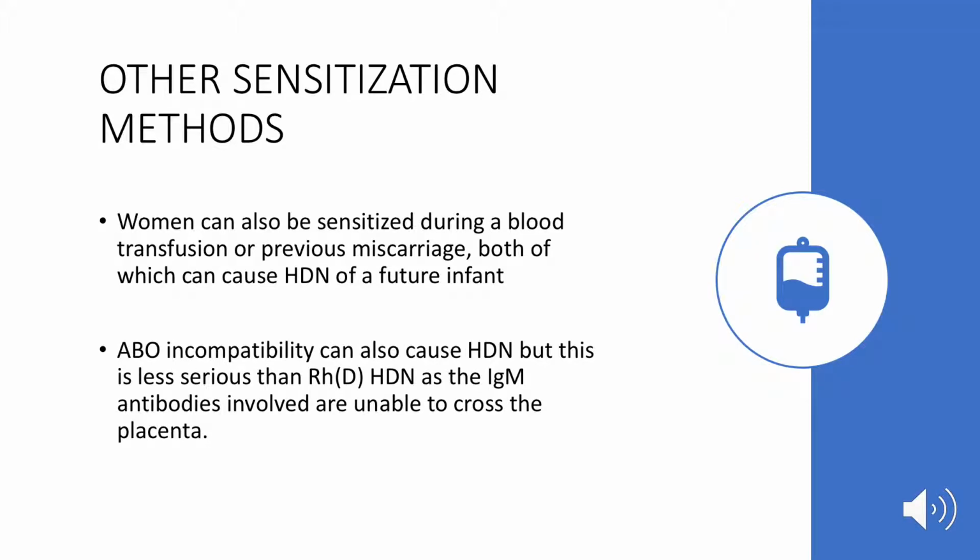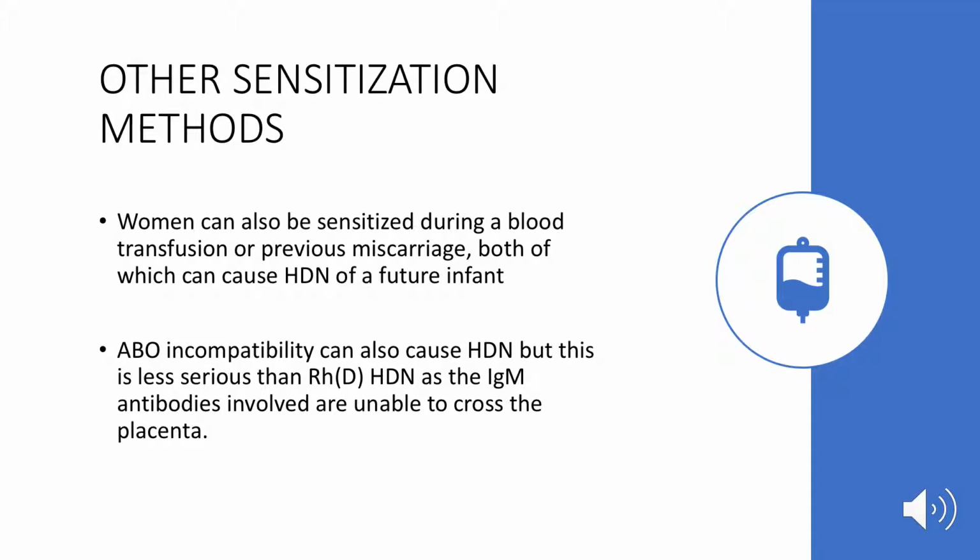And ABO incompatibility can also cause HDN, but it's less common and it's less serious than the one caused by rhesus D antigen, and that's because it's a different type of antibody produced. Rather than IgG, it's IgM, and this IgM is unable to cross the placenta, so it doesn't cause as bad